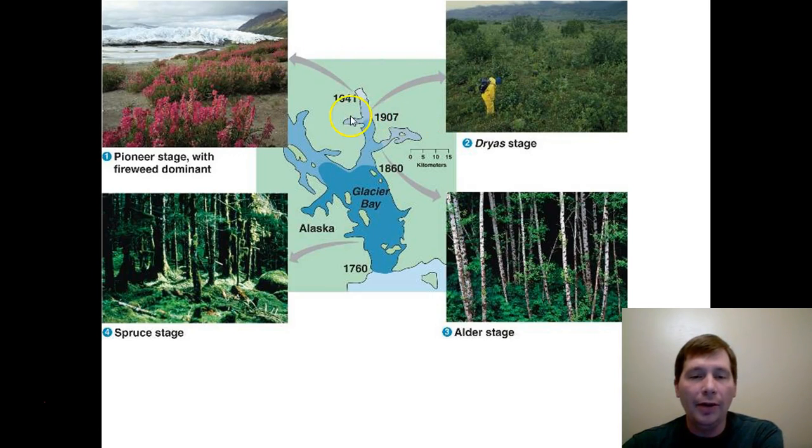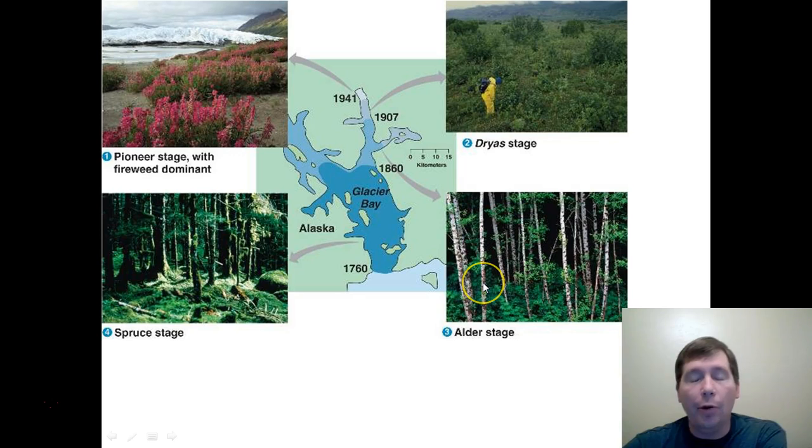We move on to this area. This area was covered by the glacier 100 years ago. And as the glacier melted, it left behind bare rock, and the process of primary succession happened. And you can see how this is a slightly more advanced ecosystem than here, because we've had another 40 years to put more soil into the area. This area right here was covered under ice back during the time of the Civil War, the 1860s. So we're looking at 160 years ago.